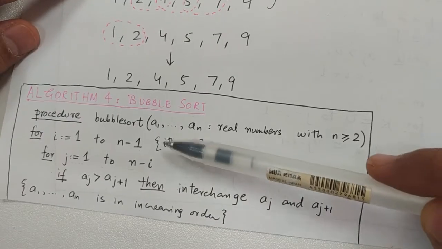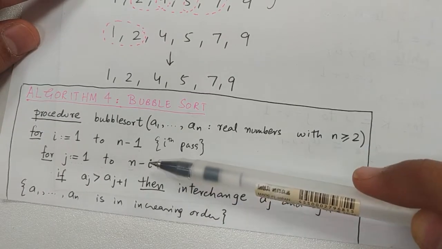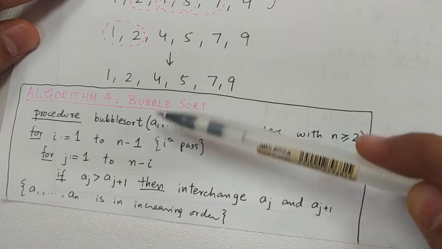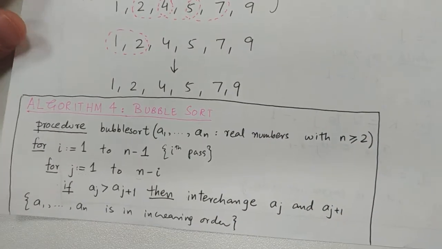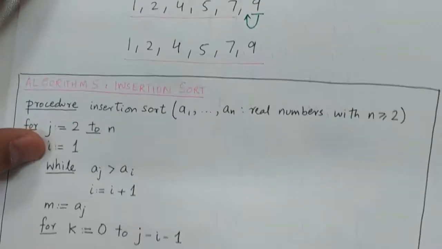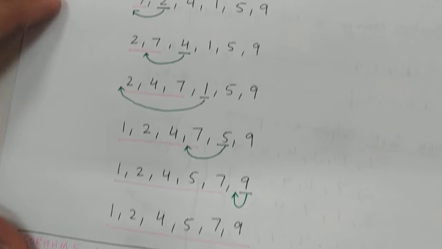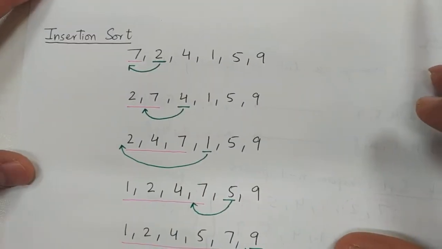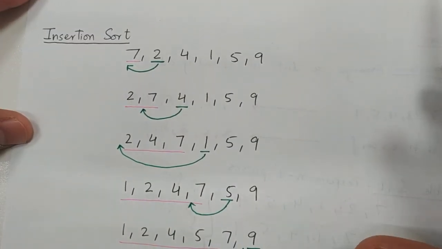And once you complete all of these passes and all of these nested passes, you will see that your list will be sorted, and that's the bubble sort algorithm. That's of course not the only sorting algorithm. Another algorithm that we have is the insertion sort, which is much faster than the bubble sort, and it works